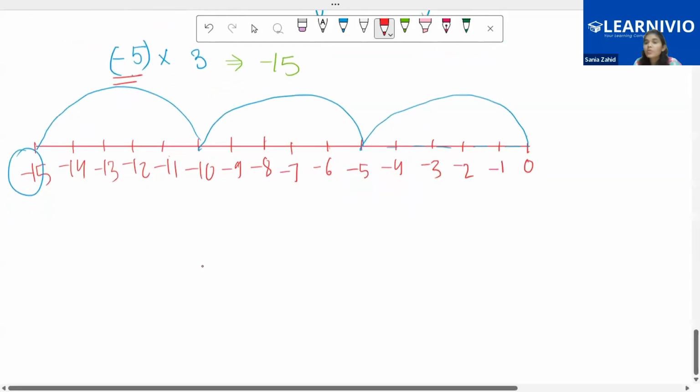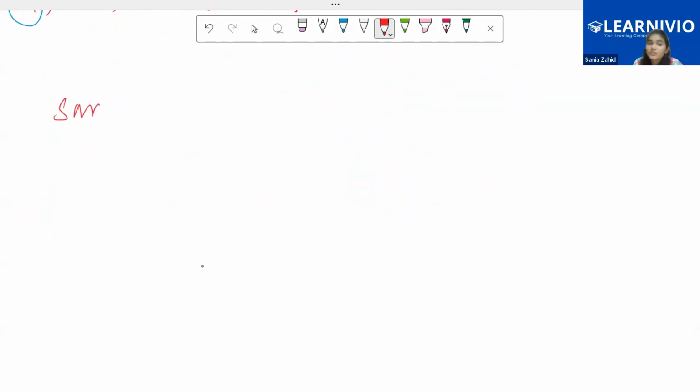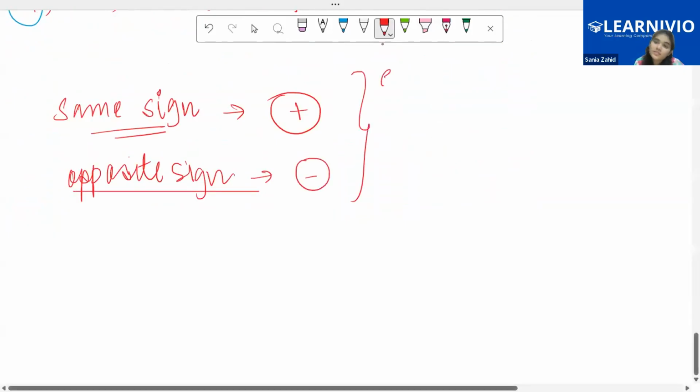Look here. Whenever you are multiplying, for example, and you have two same sign numbers, you put a positive sign. Whenever you have opposite signs, then you put a negative sign. Okay, I will give you examples now. When you have same sign,